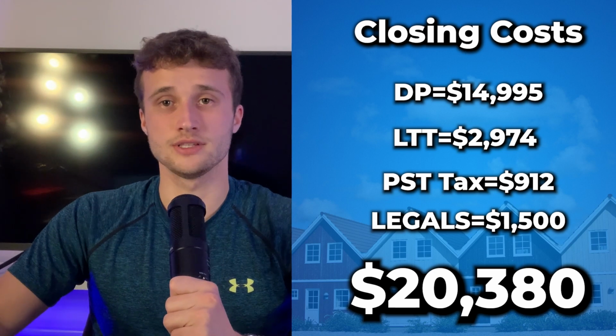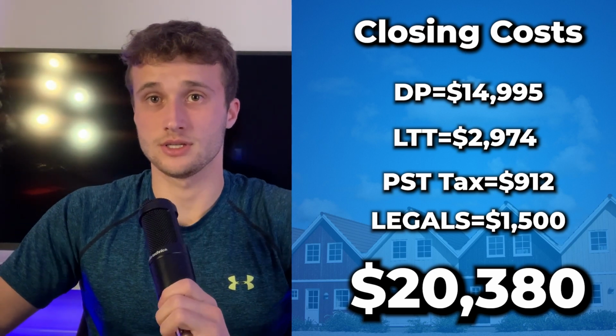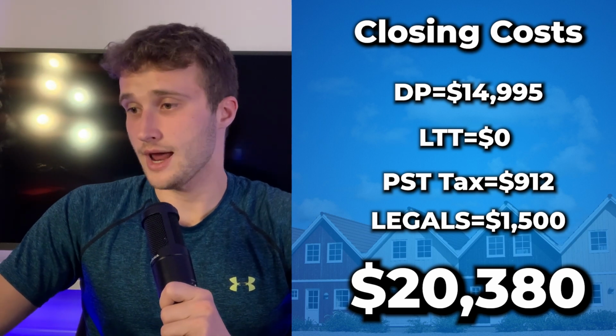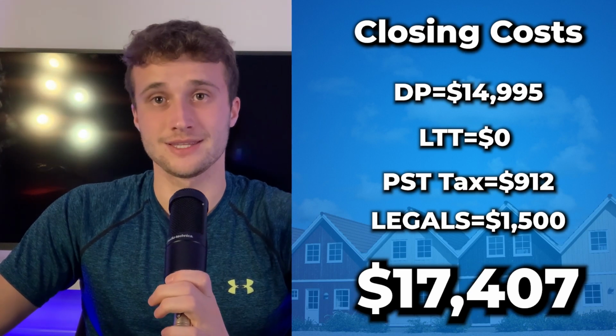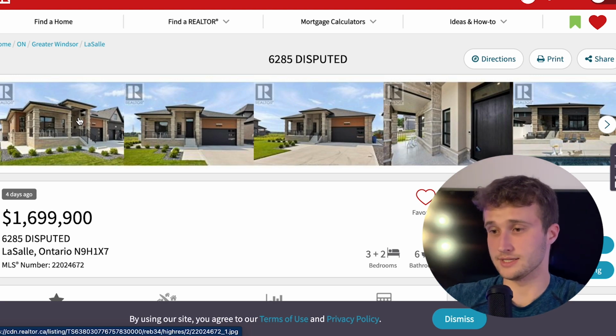Now let's look at how this differs when you're a first-time home buyer. So now that land transfer tax is zero because you get that $4,000 rebate. So now cash needed to close on this home would be $17,407. Now let's look at our final home, and this one is in LaSalle,